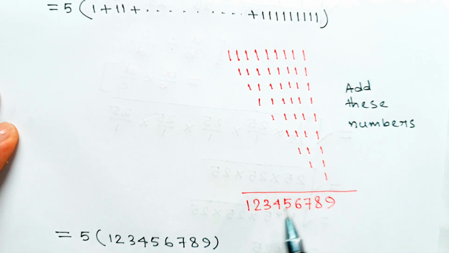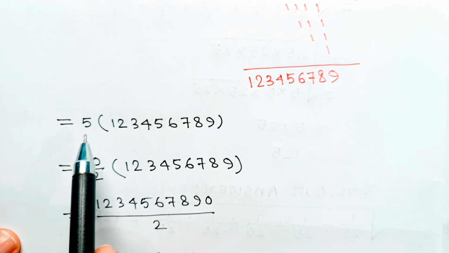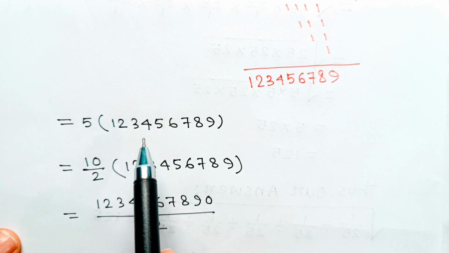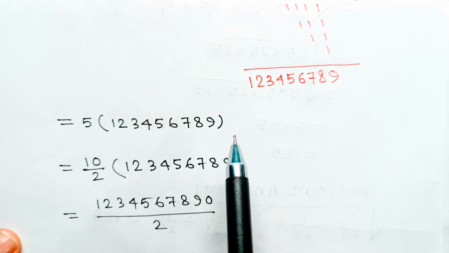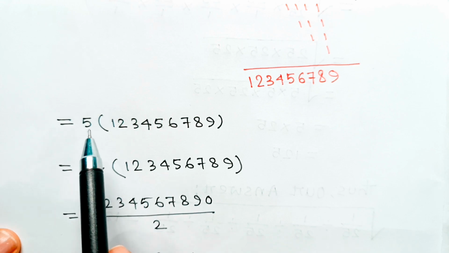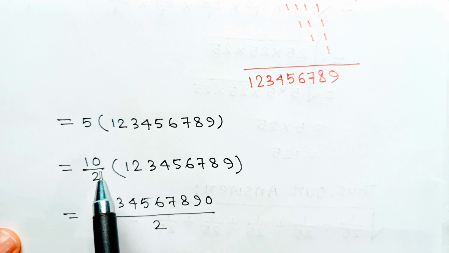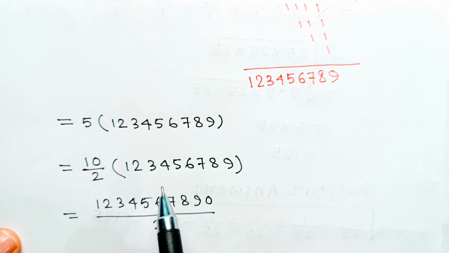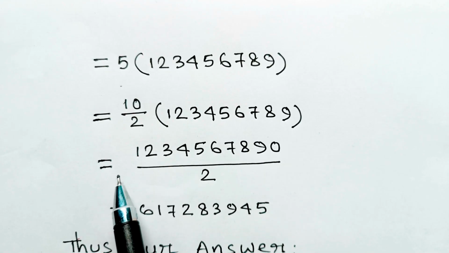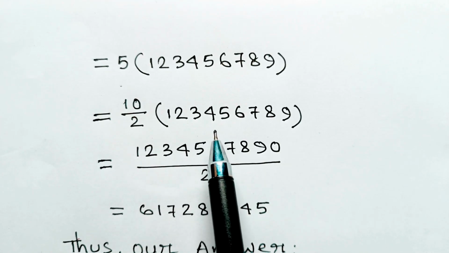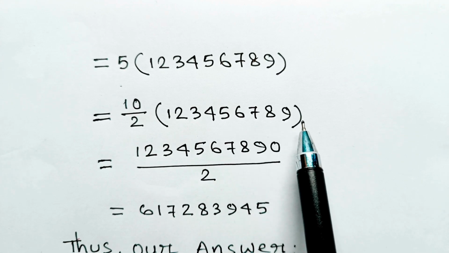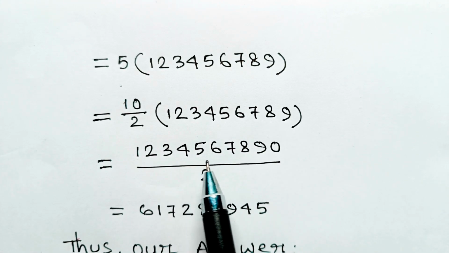Add these numbers. Then equals 1, 2, 3, 4, 5, 6, 7, 8, 9, so 5 into 1, 2, 3, 4, 5, 6, 7, 8, 9. 5 equals 10 divided by 2, then equals 10 divided by 2 into 1, 2, 3, 4, 5, 6, 7, 8, 9, equals 10 into 1, 2, 3, 4, 5, 6, 7, 8, 9, equals 1, 2, 3, 4, 5,